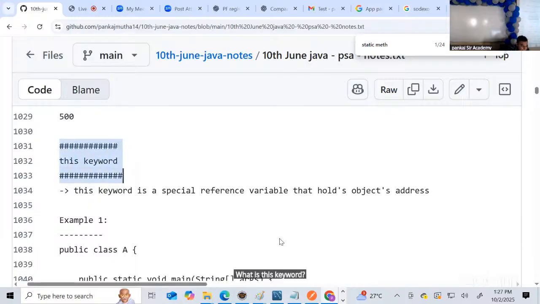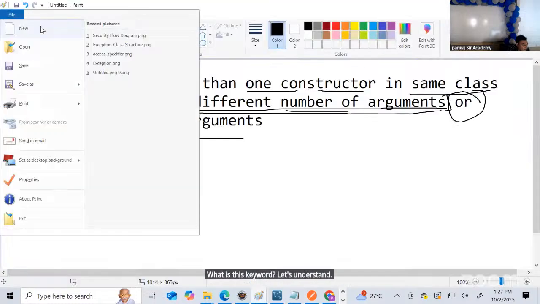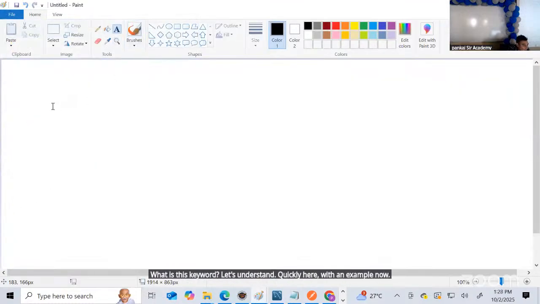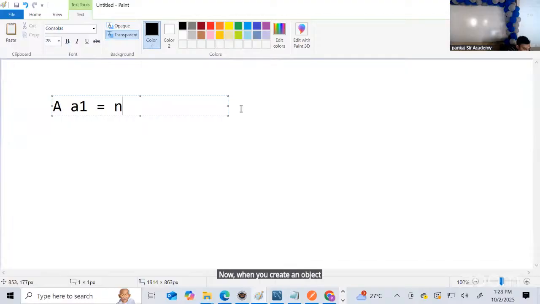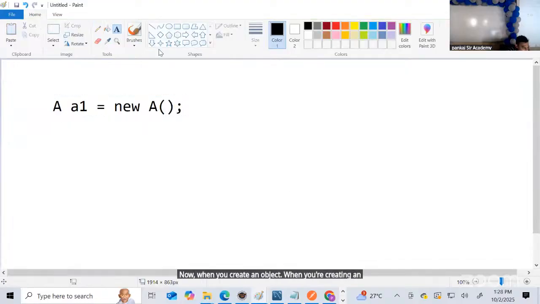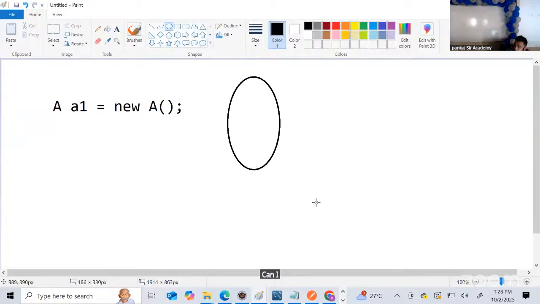Let's understand quickly here with an example now. When you're creating an object, students, can I say